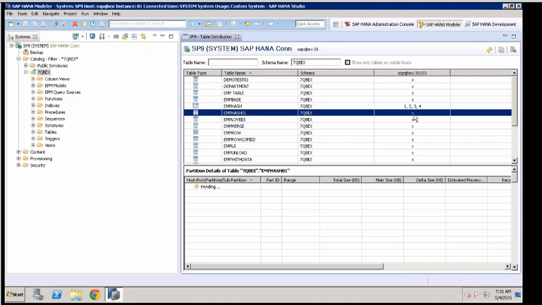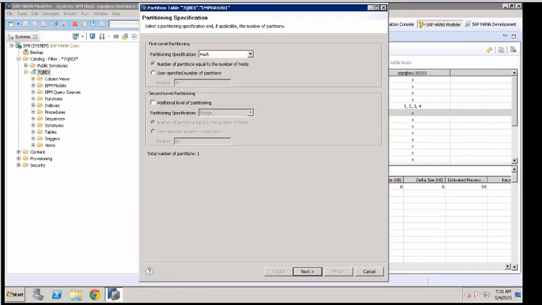As of now, is there any partitions for this table? No, right? Select this hash 01, right click and say what? Partition this table. So when I say partition this table, you want to go with hash or round robin. You cannot create round robin using UI. It's only hash or range. Round robin has to be with SQL only. Either hash or what? Range.